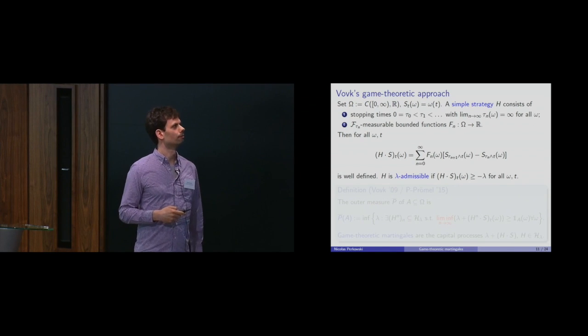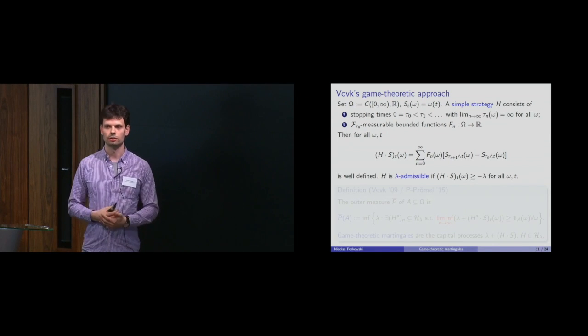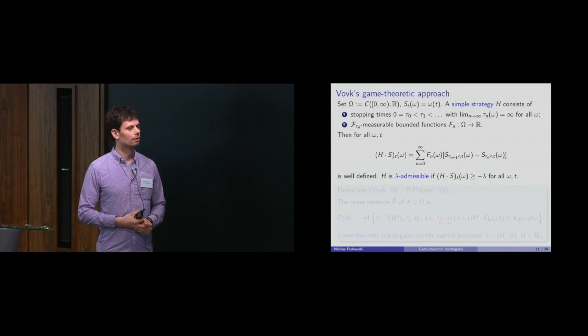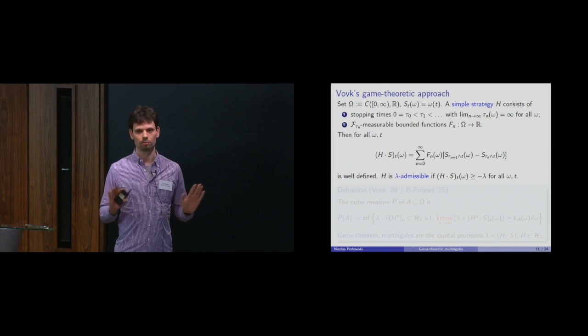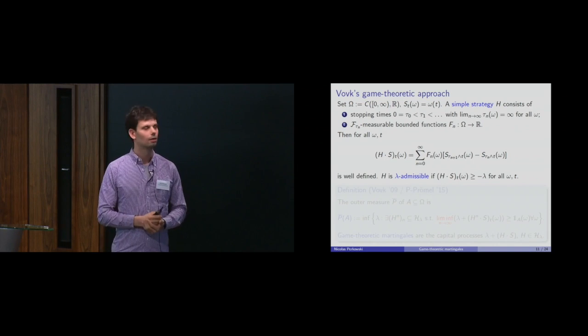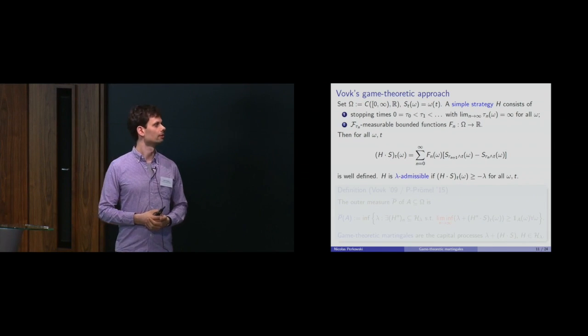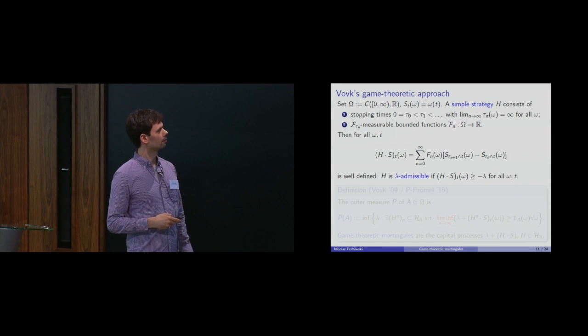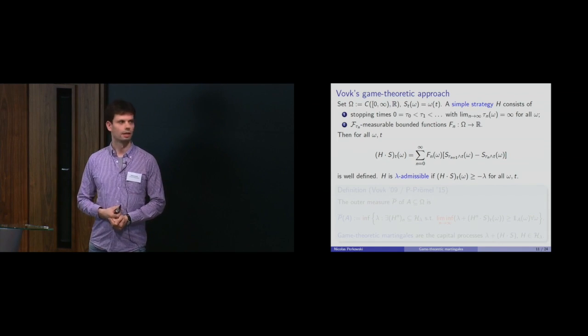Then we define simple strategies. They are just what you would expect, buy and hold strategies, like in the classical setting. Because to define those, there's no probability measure here, right? So we don't take any expectations or so. To define what a simple strategy is, you don't need that. So you can do that in a pathwise sense. And if you have a simple strategy, then this stochastic integral, which is just a locally finite sum, is always well defined. It's some real number.